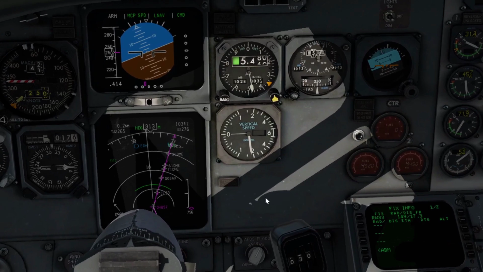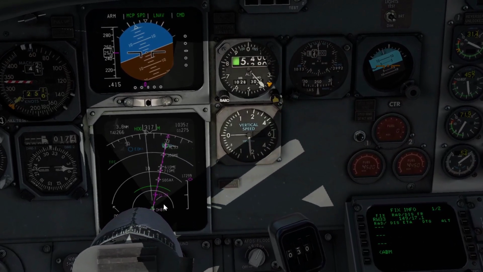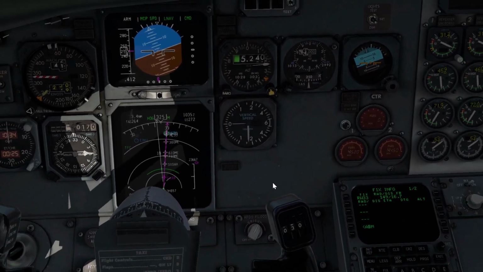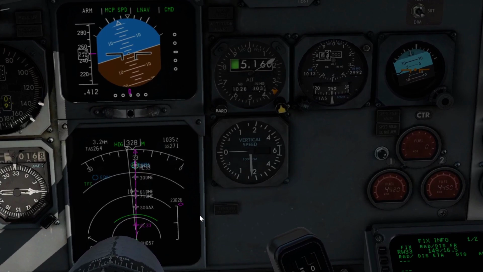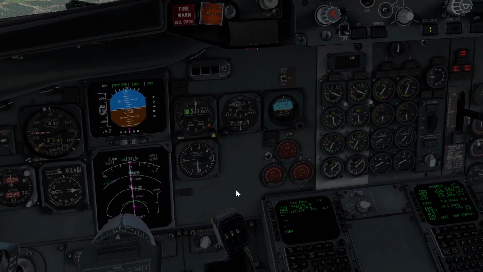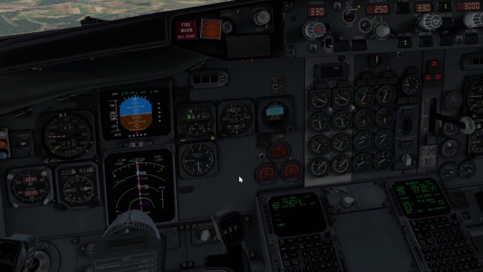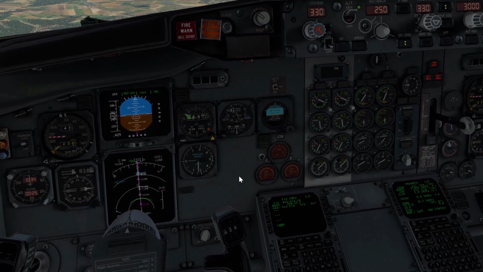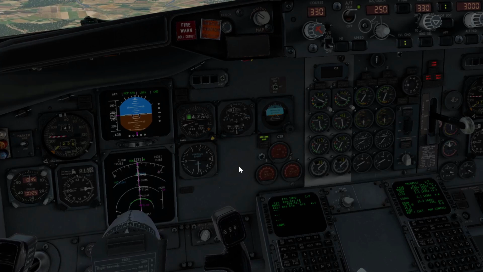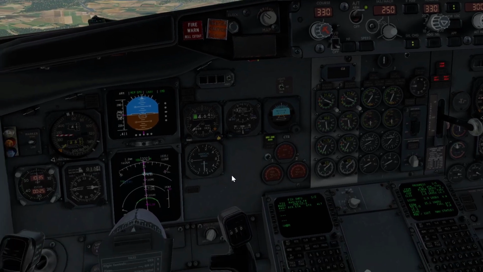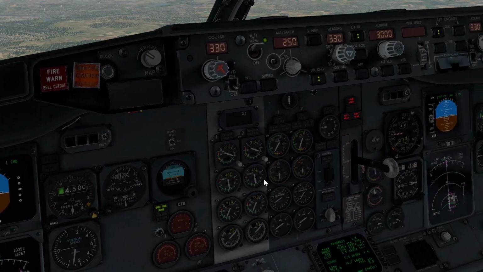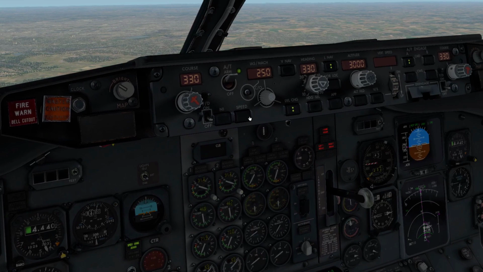And you can see we're still in LNAV, just joining the extended center line and coming up on the localizer quite nicely. The VNAV prediction is going a little bit wild again, but I think it will stabilize by the time we get to Sosax, and then we'll be able to fly the localizer. Normally on the localizer approaches you get a certain distance associated with your altitude, and you can determine the vertical path that way. So what we're going to do now is I'm going to arm the localizer, and